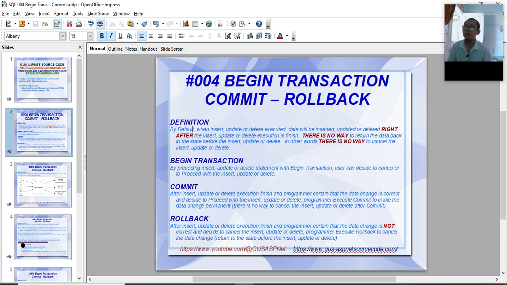Definition: by default, when insert, update or delete is executed, data will be inserted, updated or deleted right after the execution is finished. There is no way to return the data back to the state before the insert, update or delete. In other words, there is no way to cancel the insert, update or delete.